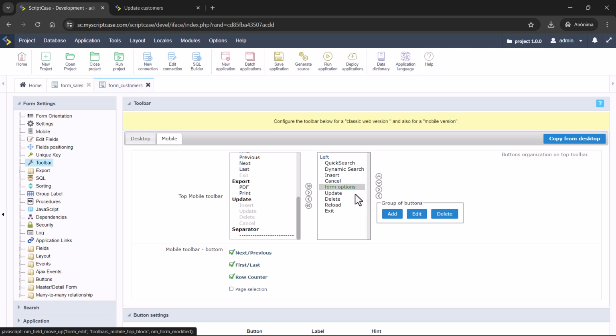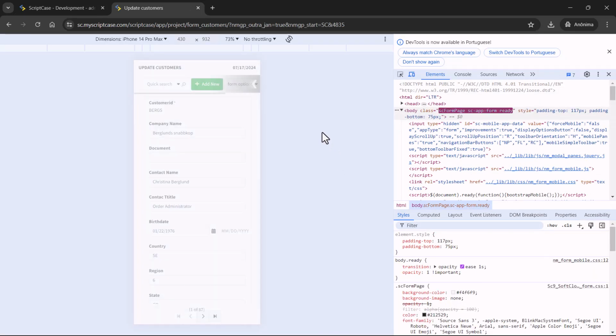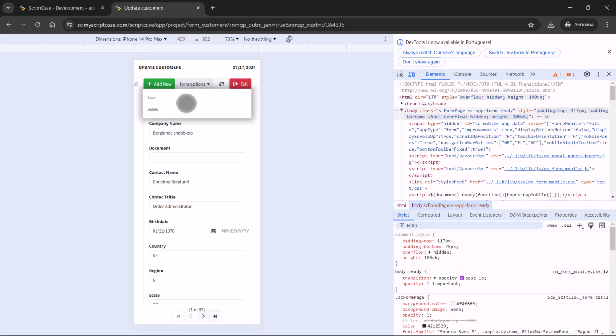So let's place here the update, delete, and also cancel. These three buttons. And then you will see that we replace it here, the form options.